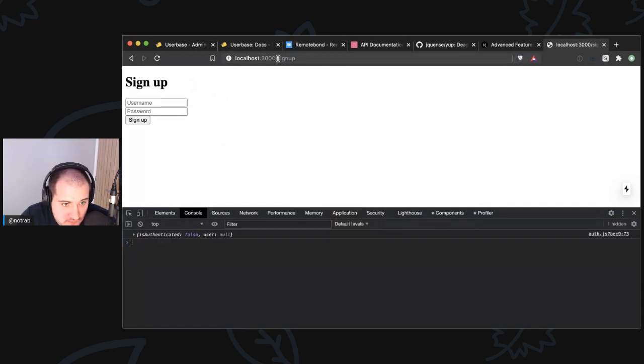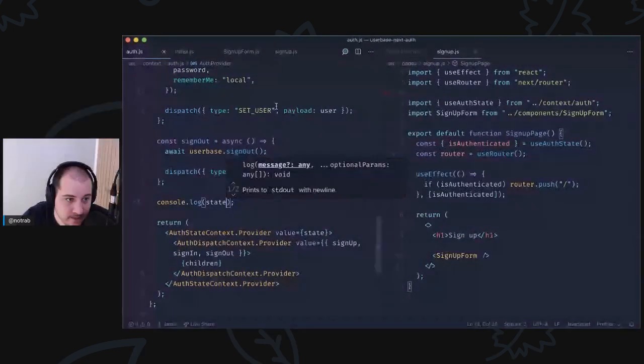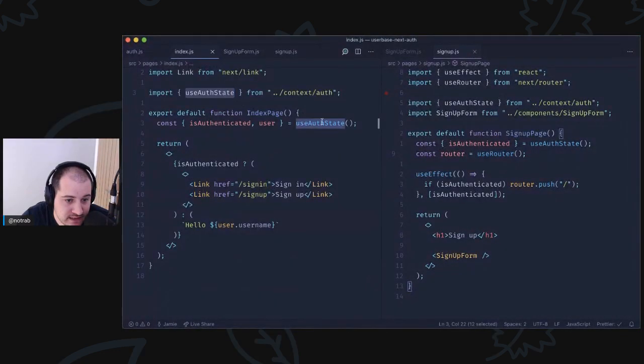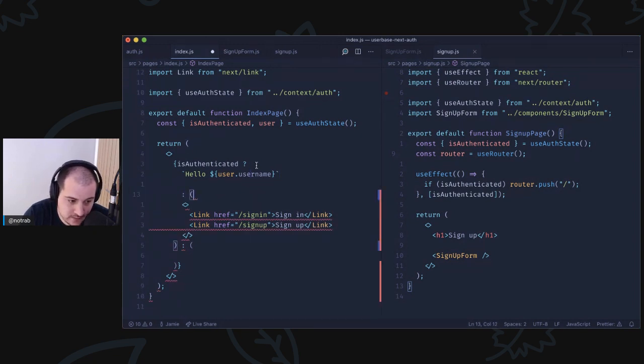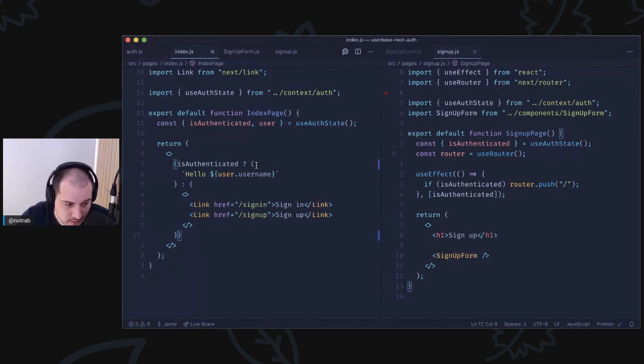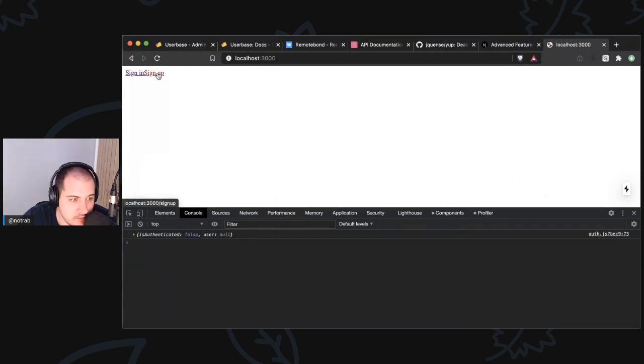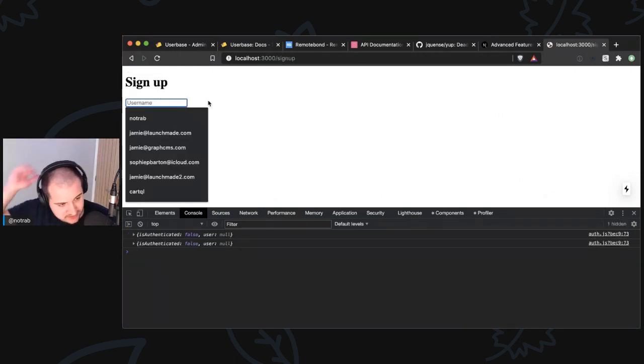User is false. And we set at the index page, useAuthState isAuthenticated. Ah, okay, wrong way around. There we go. So let's now sign up,